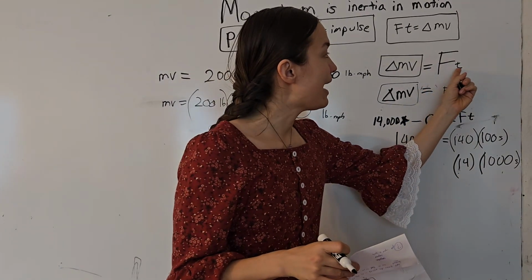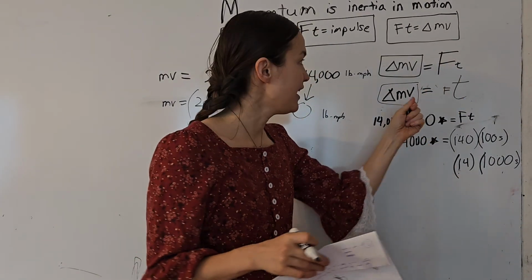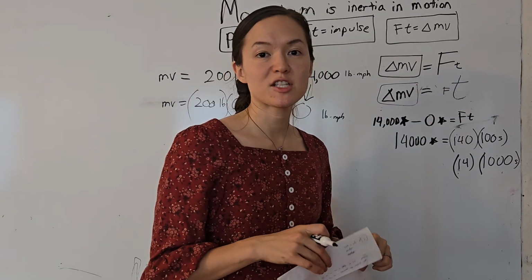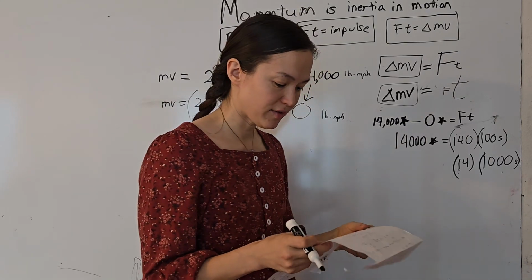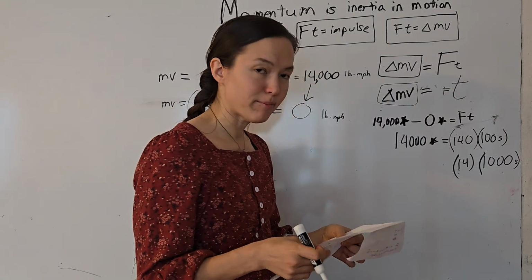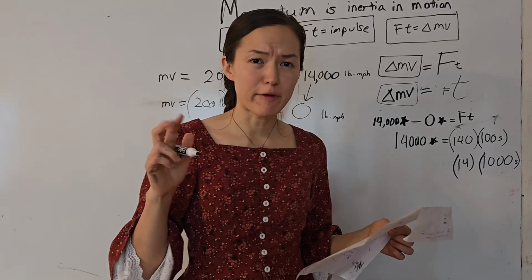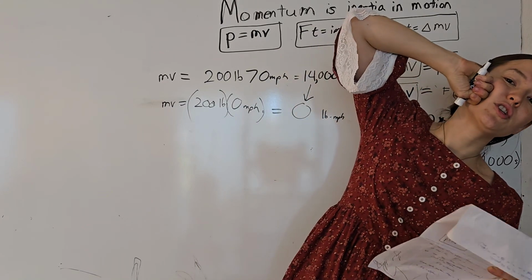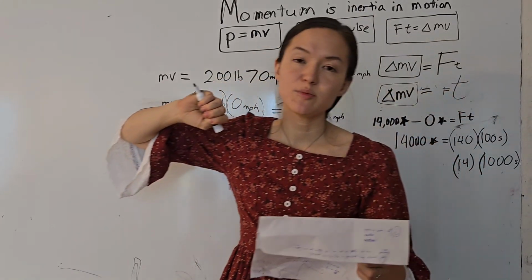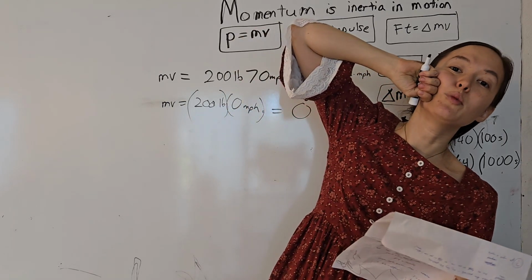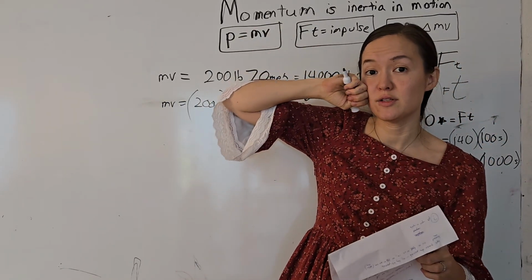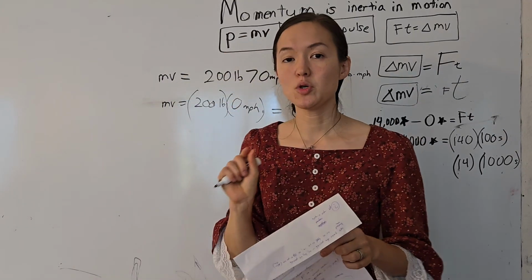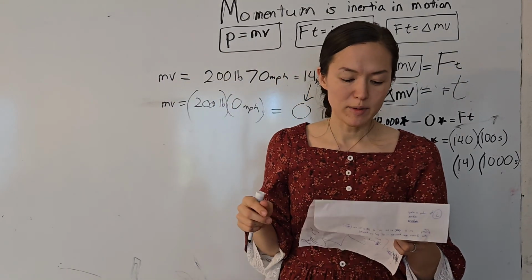But in this situation, the time, that little split second that it hits that hard floor, still has to equal this. So it experiences a much greater force in that much tinier bit of time. Another way that we think about this is in boxing, or in punching sports. They talk about riding the punch. That's as you're getting punched in the face, you want to move backward with the punch. What you're doing here is spreading out the momentum of that punch over more time, and therefore your face is experiencing less force. What you don't want to do is bring your head into that punch. That will make the time much shorter, and the force you experience on your head will be much greater.